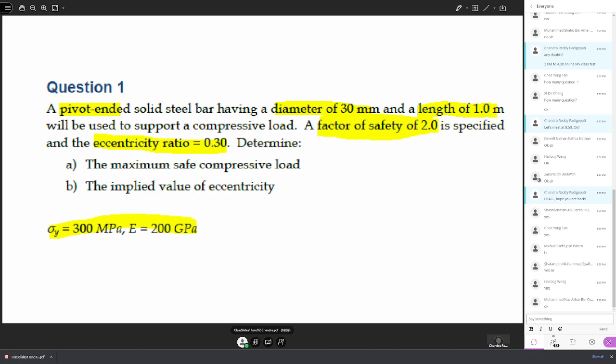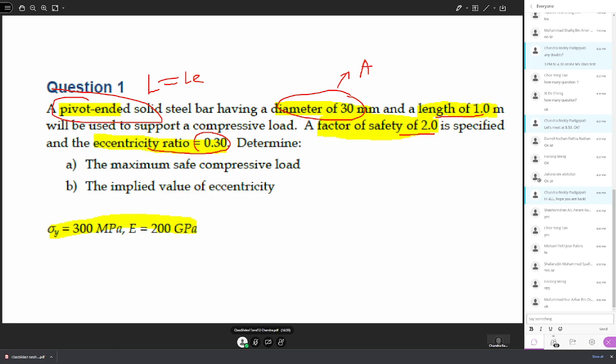So the first question says pivot ended. So the description is pivot ended, so that means the L is the effective length, so that means K is 1. The diameter of the steel bar is given as 30 mm. If you know the diameter, you can calculate the area. And the length is given. It is used to support a compressive load. A factor of safety of 2.0 is specified, and the eccentricity ratio is given as